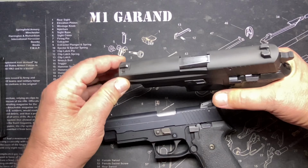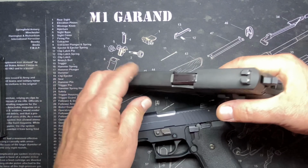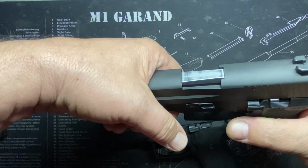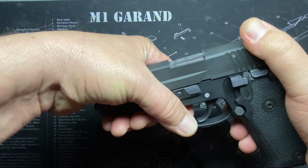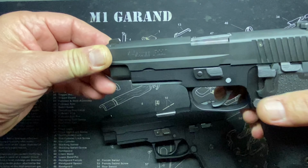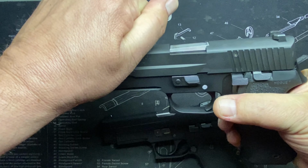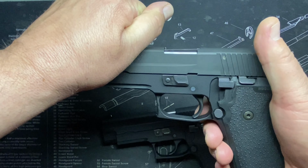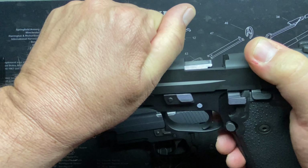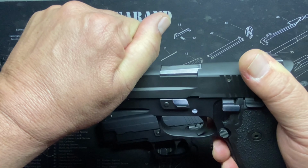I'll show you. So the Sig has this locking, the barrel drops down. You've seen this before. This is the same as Glock. The barrel drops down. When you fire it, it comes back all locked together like this. The barrel will lock, and it'll be easier with the hammer back. See how the barrel drops down? See that, right? That drop right there. Drops down, cycles out the round, brings up another round out of the magazine, and then brings it back into